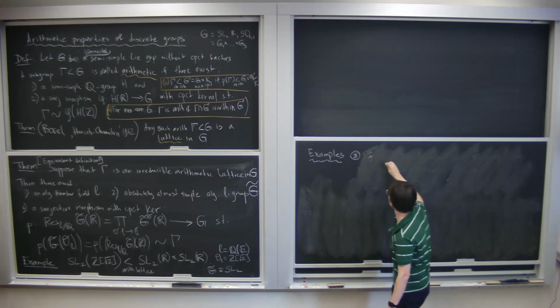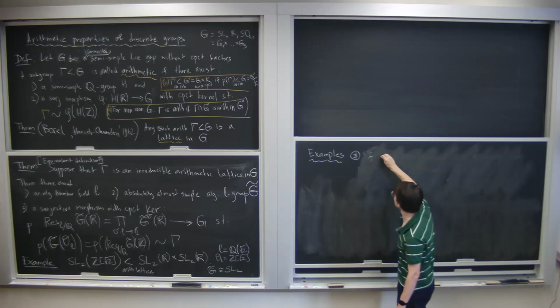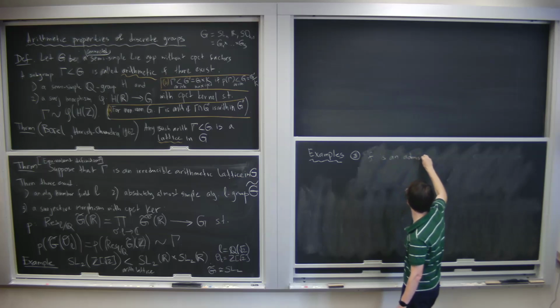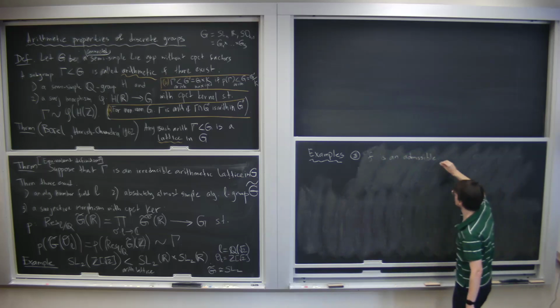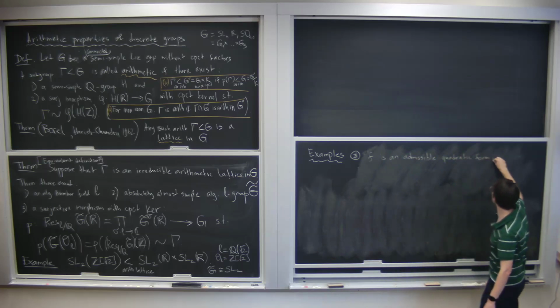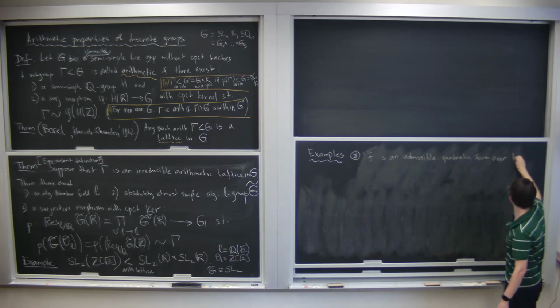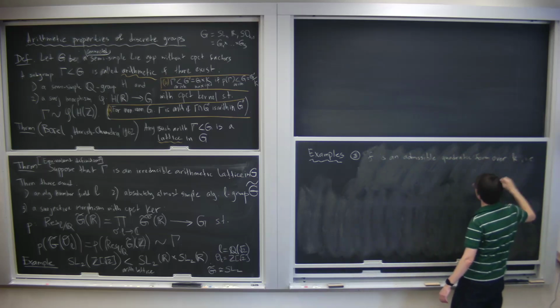Now let F be an admissible quadratic form. I will just define what it is. An admissible quadratic form over some field K. So this means that